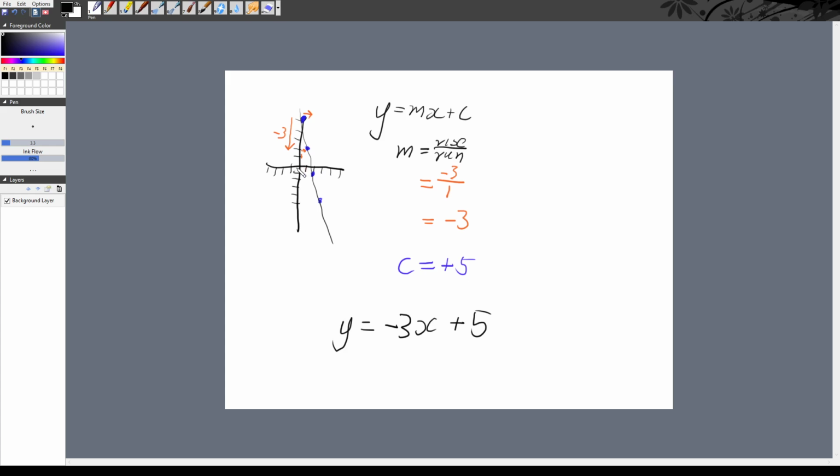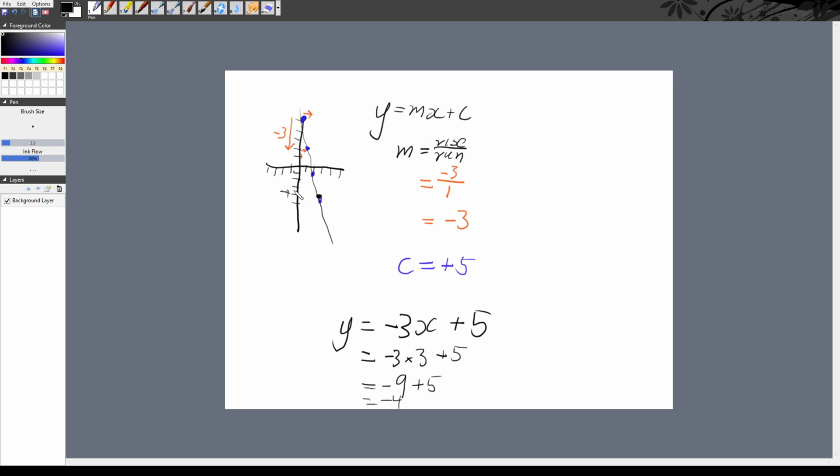So here we have x is equal to 3, and we've said y is equal to... Oh, sorry, this should have been up here, just a little up. That's at -4. So let's have a look. Let's put in our number. So -3 times 3, if x is 3, plus 5. So 3 times 3 is 9, there's one negative there, so -9, plus 5. And that's just equal to -4. So we have -4